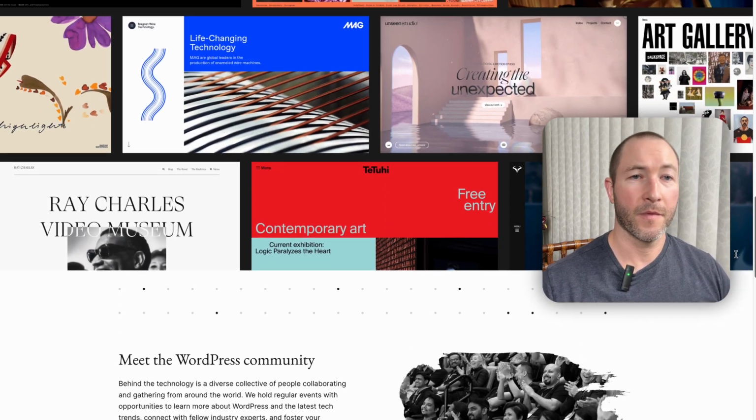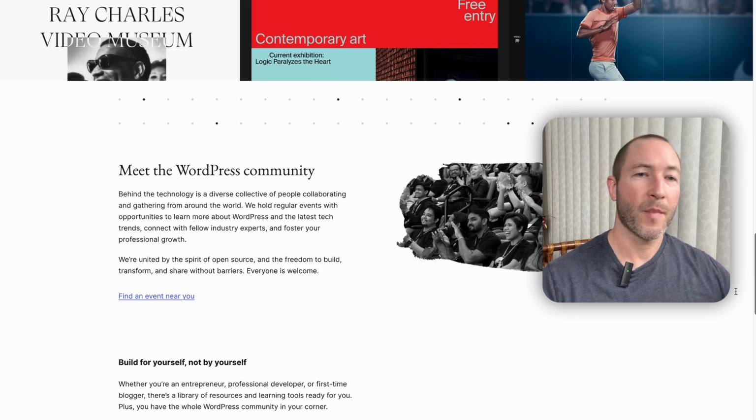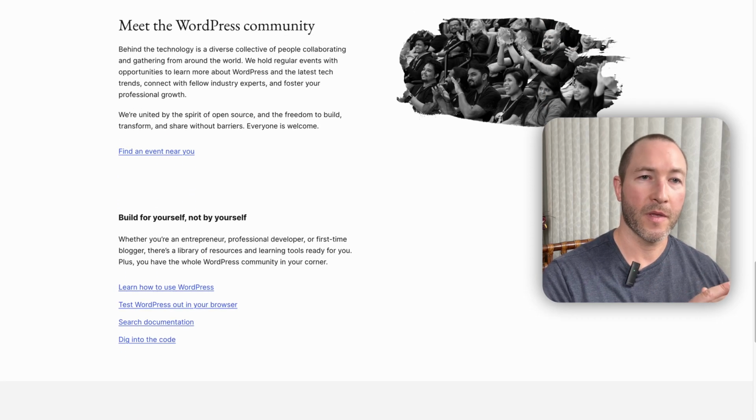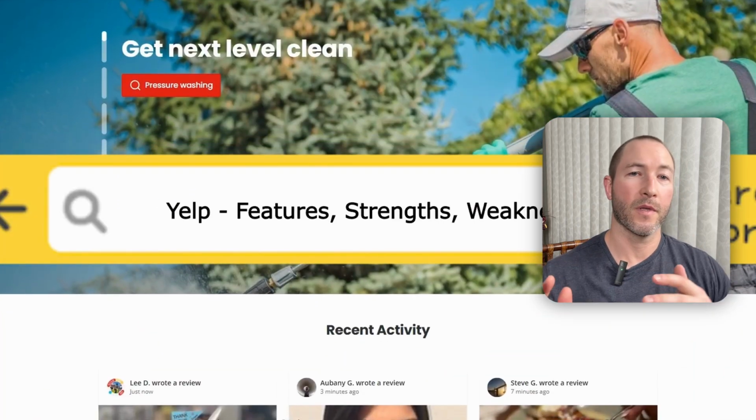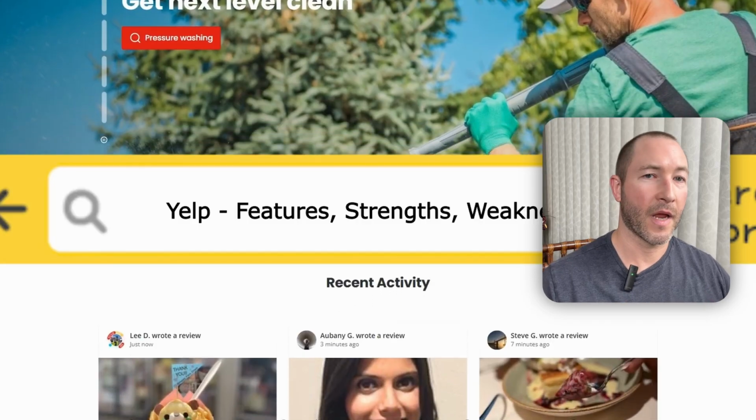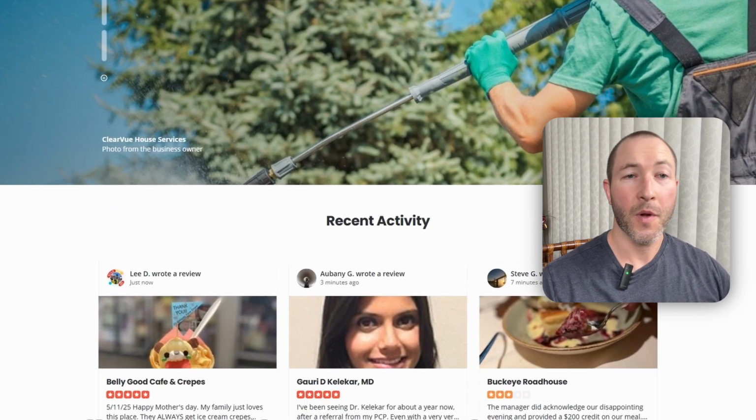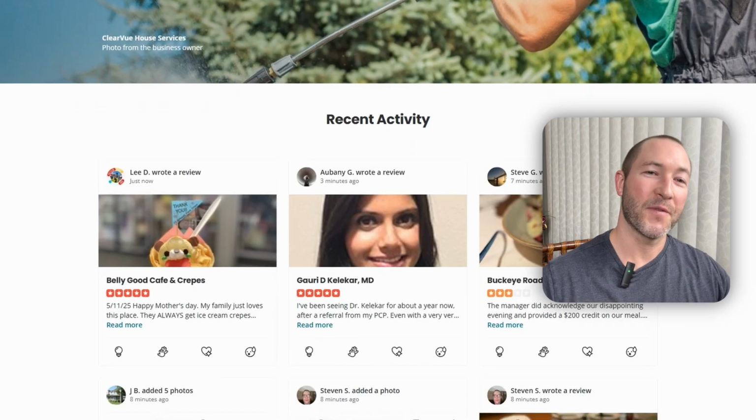Design flexibility. This varies if you're using a plugin. Some have a free theme and multiple premium themes to choose from, or you could completely build your own using a plugin and have unlimited customization options. If you can imagine it, you can build it. If you have a team.